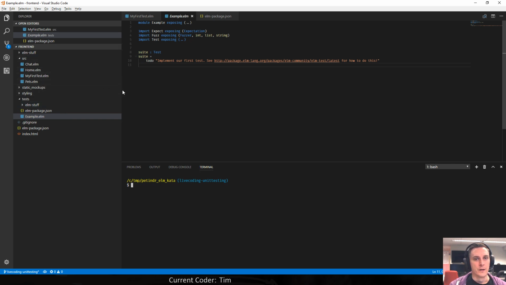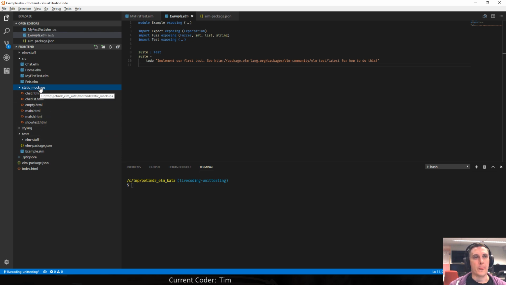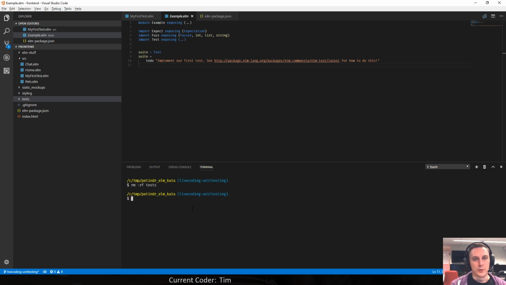So in our front end, we've got just our source code. Now you can ignore this file right here. And then we've got the static mockups that Jan provided as well to be able to use HTML to Elm to convert HTML into Elm. There's a styling directory as well with CSS and then a bunch of images. And then you can see that I've already created a tests directory, but I think we can actually revert this stuff and then I'll do it over along with you guys.